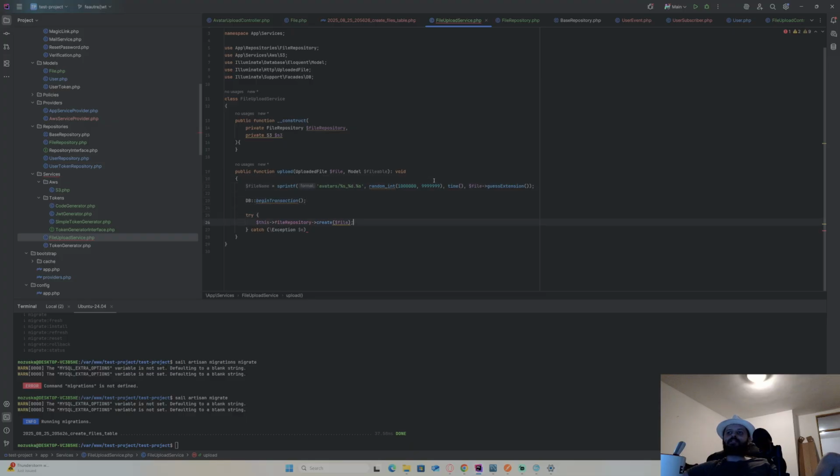So begin transaction, and I need to set multiple outputs. I need to set file, I need to set fileable, and I need to set file name also. Let's use this as small caps. It's usually not camel case, so let's keep it this way, keep it all over. And now create, and also after I create it, I will also upload it to S3 bucket.